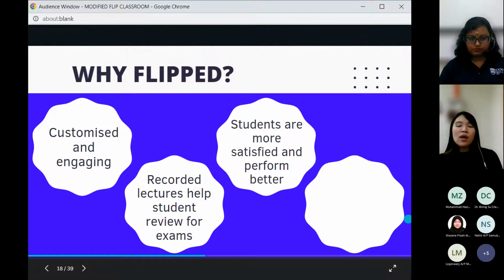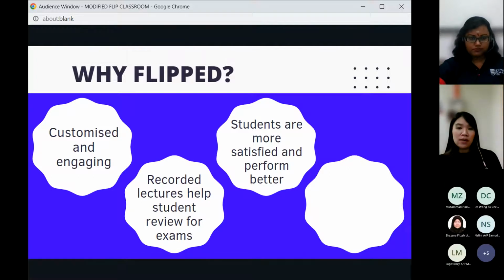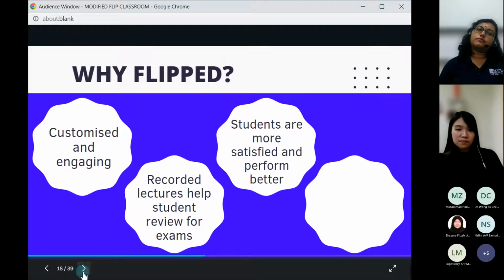Number 3 is that you might find students are more satisfied and can perform better. Why? Because you review the difficult part, or the part where they make a lot of mistakes. So during the lesson, when they get your feedback and then perform better in the activities during class, they feel more satisfied because they can actually understand already. They will of course perform better because they practice again during class. They experience active learning, they see their friends, they discuss with their friends, so of course they can perform better.